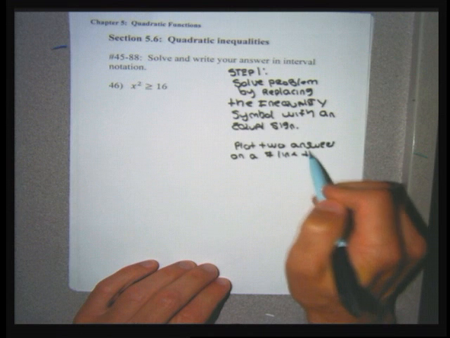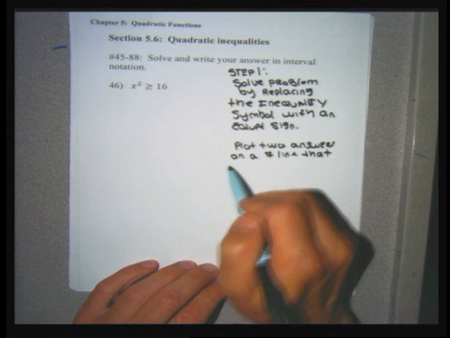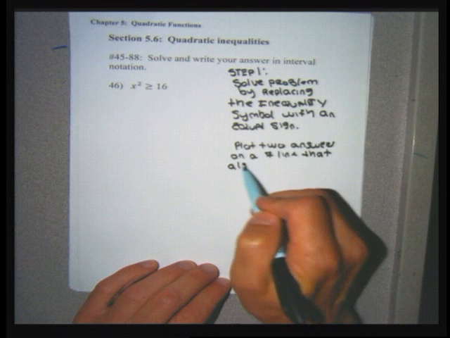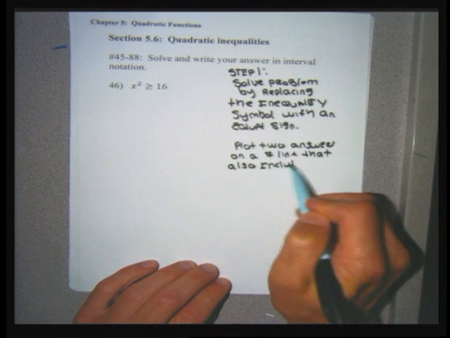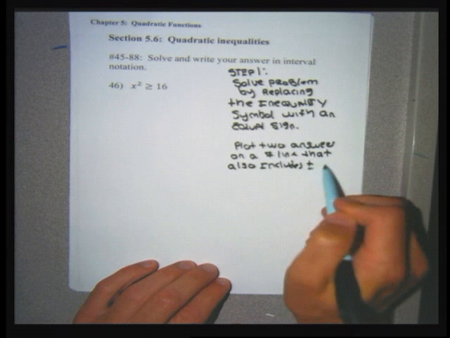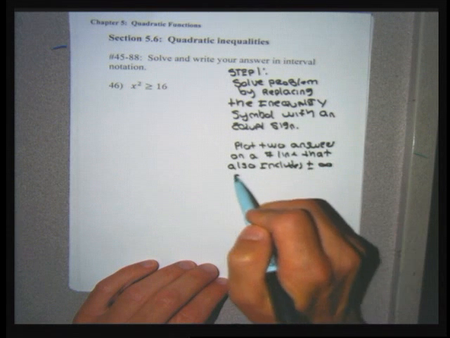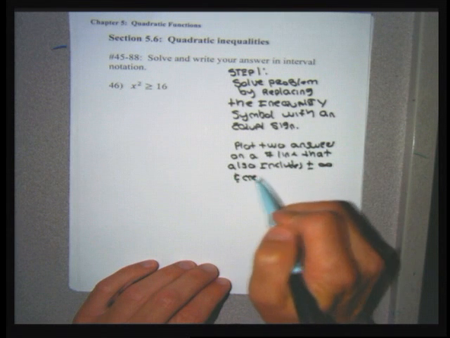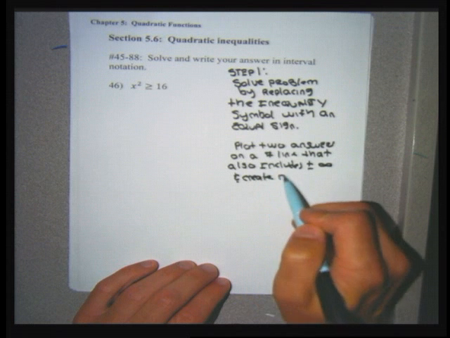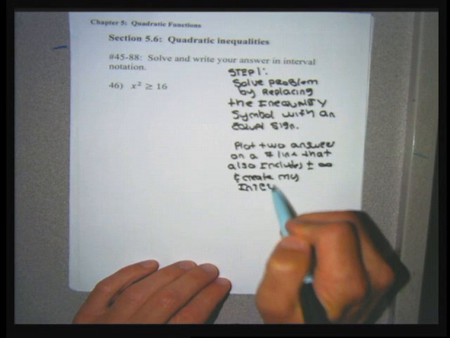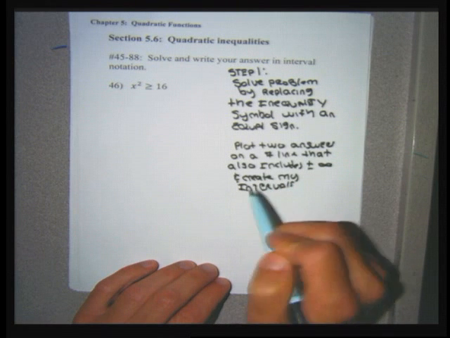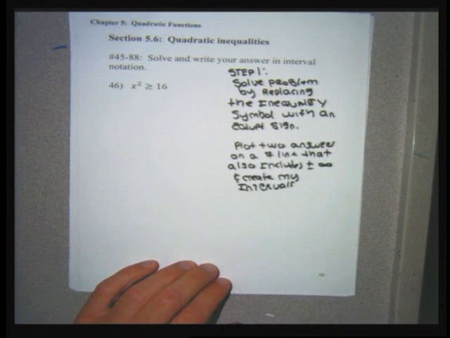That also includes plus and minus infinity. And create my intervals. Square brackets on the or equal to's, round brackets on the non or equal to's, and then I'll go and